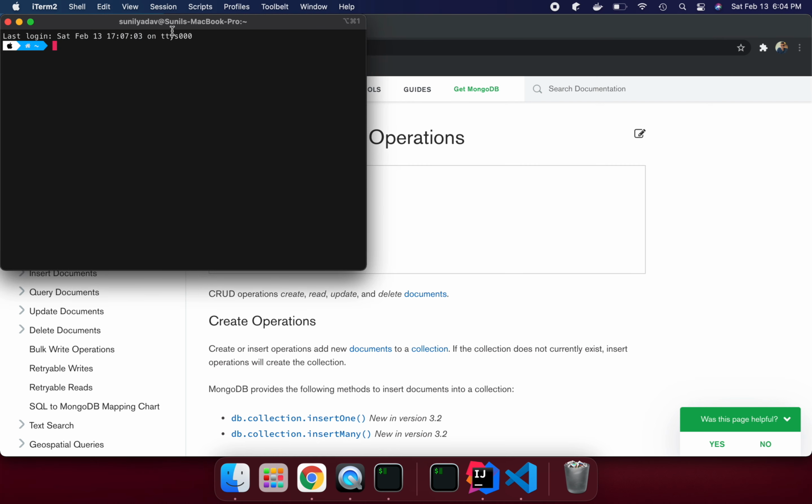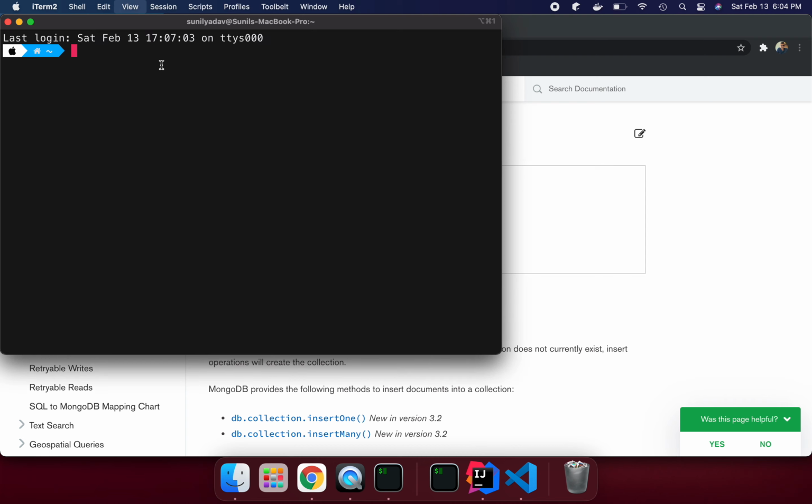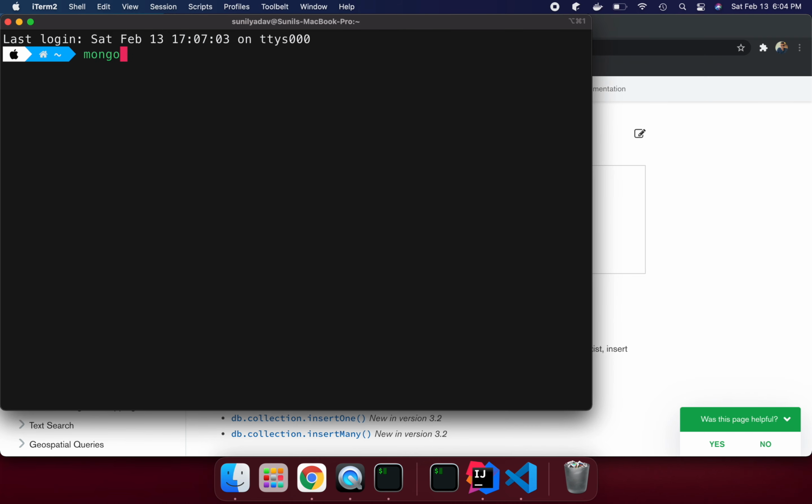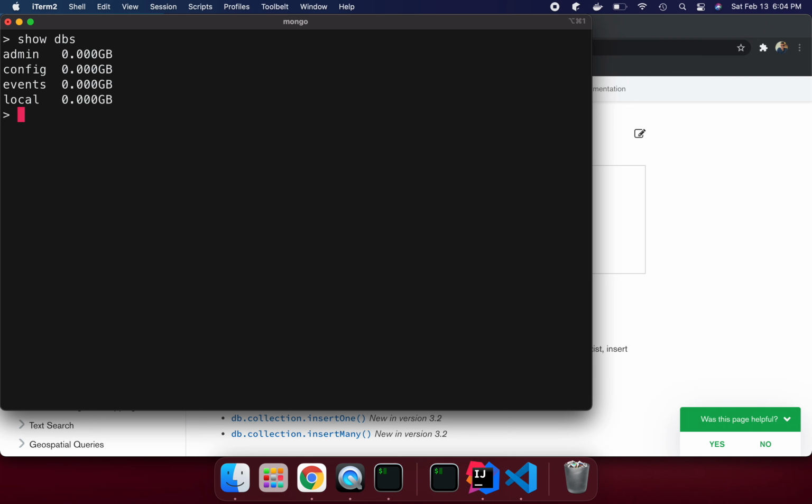I'm going to press command plus to increase the size so that we are able to see. I'm going to use the Mongo shell. Here I am now in the MongoDB shell, and I'm going to run show dbs. I can see that in the last session we created the events database. I say use events, because db currently points to test, but I want to use my events database. Now I switch to the events DB, and for the last collection I created, I can say db.eventstore.find.